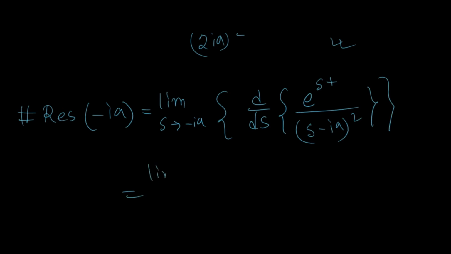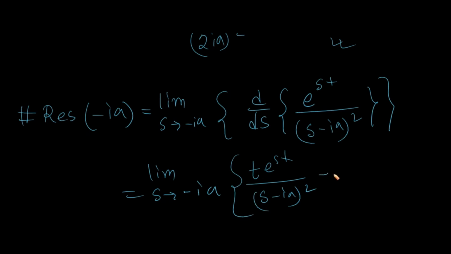Okay, then take the limit s goes to negative ia. You will have t e to the power st (s minus ia) whole squared minus (s minus ia) whole cubed,